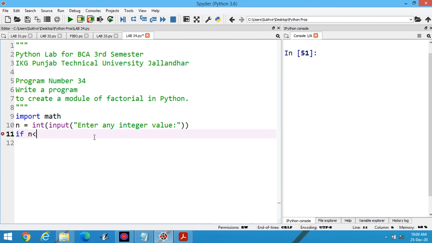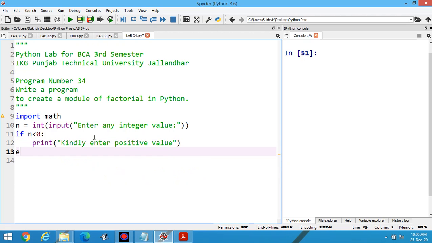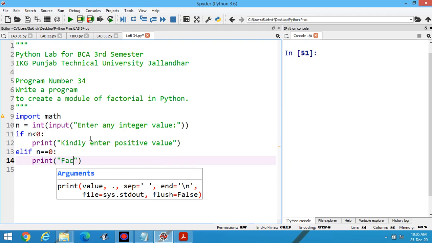If n less than 0, print kindly enter positive value, else if n is equal to 0, print factorial of 0 is equal to 1,